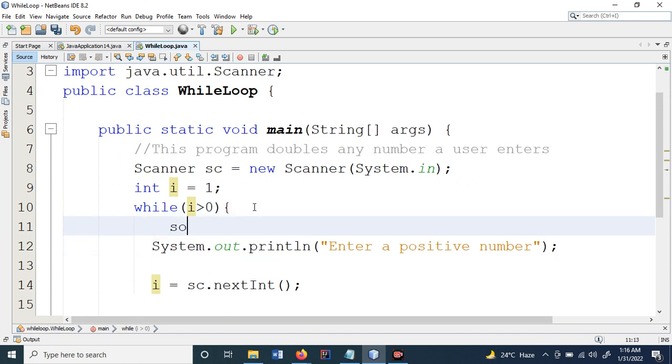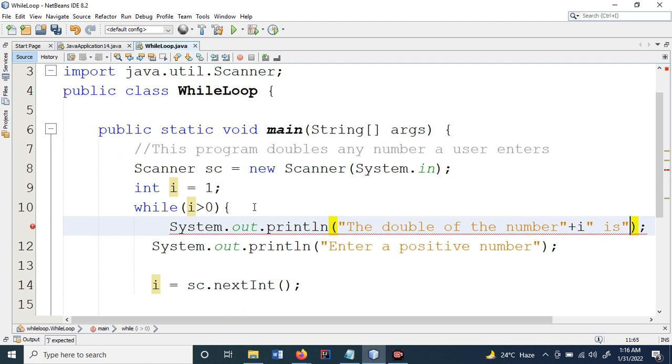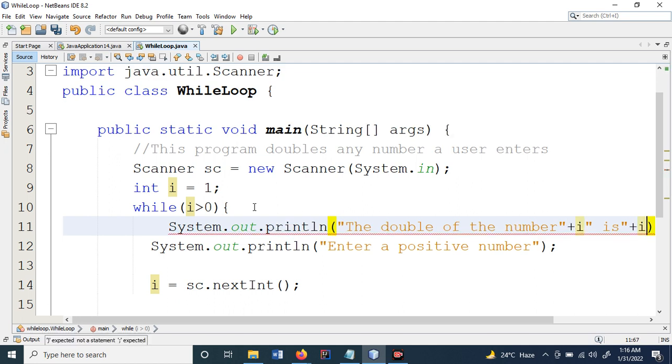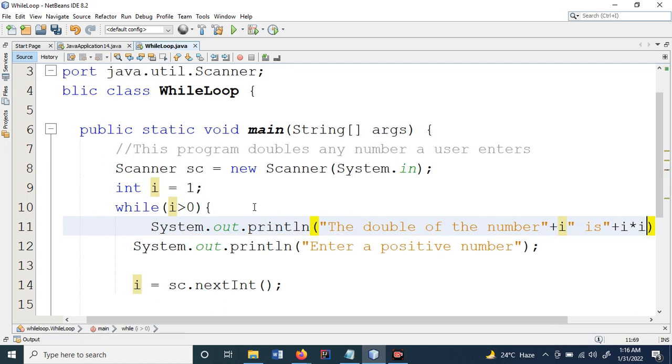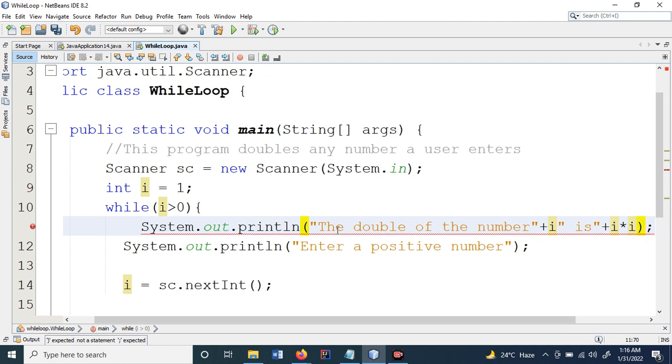So I'm going to print out. Remember, I showed you guys a shortcut to doing this last week. System.out.println, the double of the number, which we concatenate here, number plus I, then I'll put another concatenation here, is plus I times I. Remember, we are doubling, so because we are doubling, we are doing this statement I